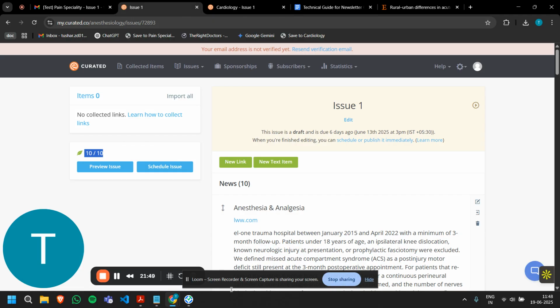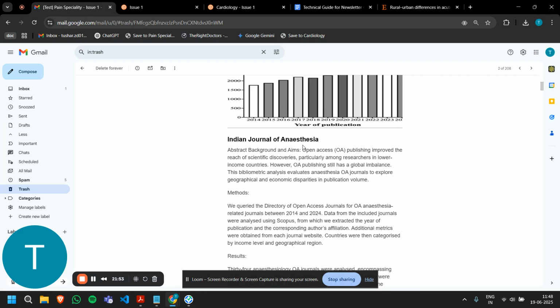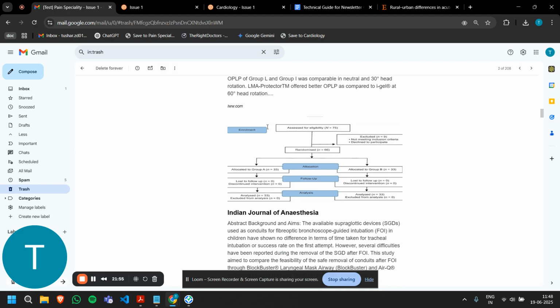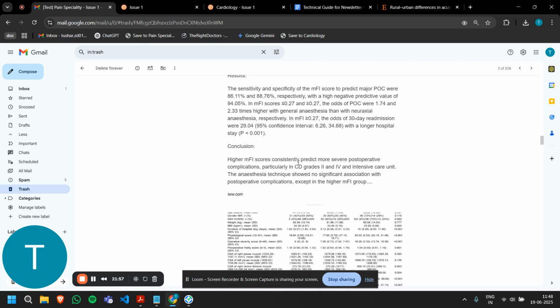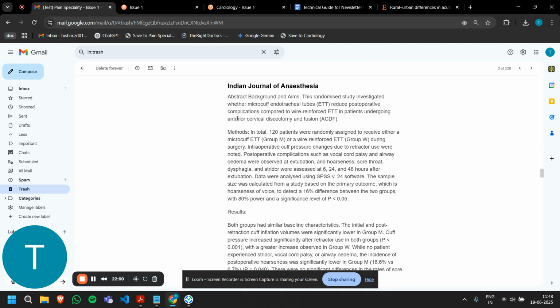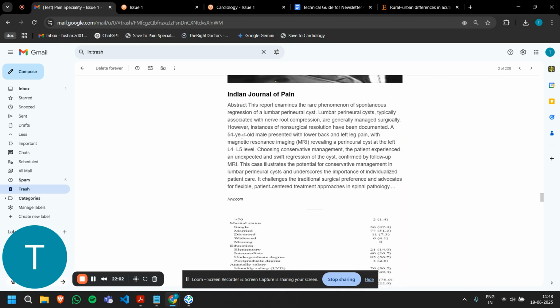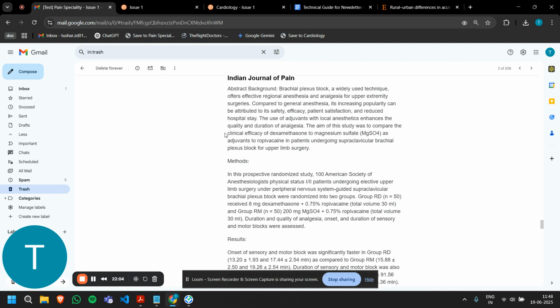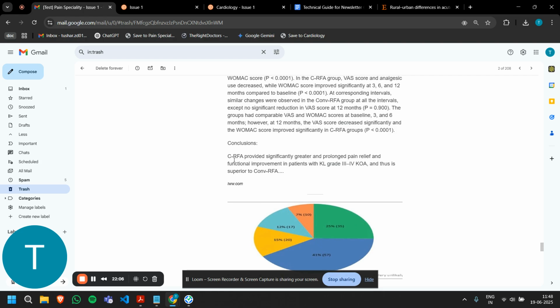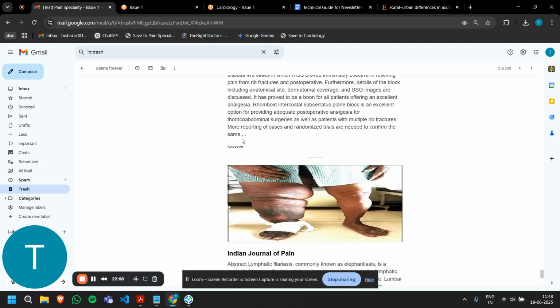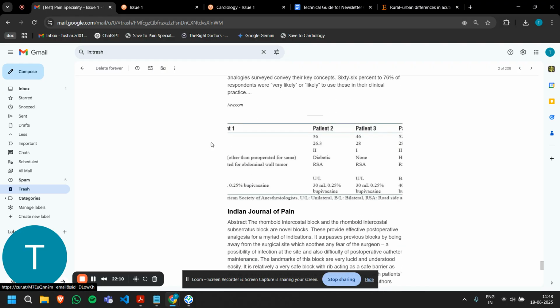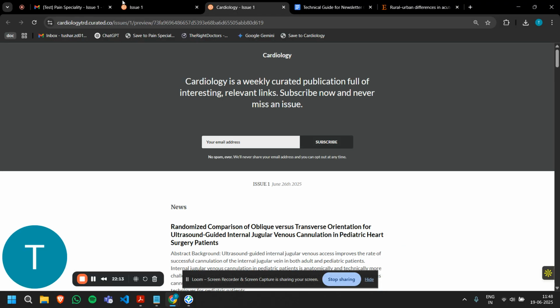Because if I check the article, I can see 1, 2, 3, 4, 5, 6, 7, 8, 9, 10, 11, 12, 13, 14, 15. 15 were added in this. It shows 10 out of 15 out of 10,